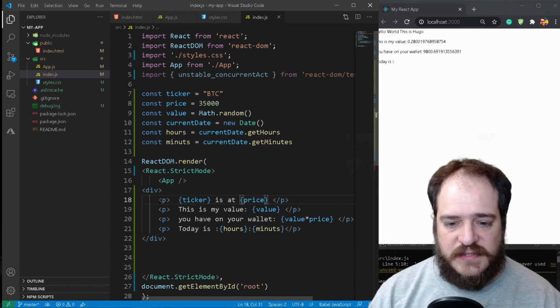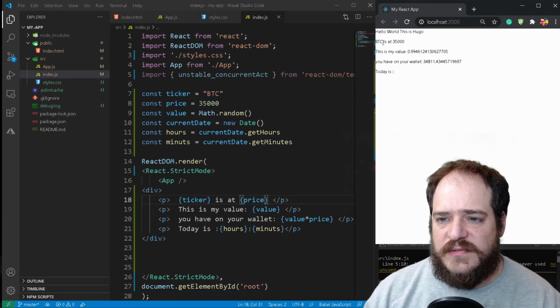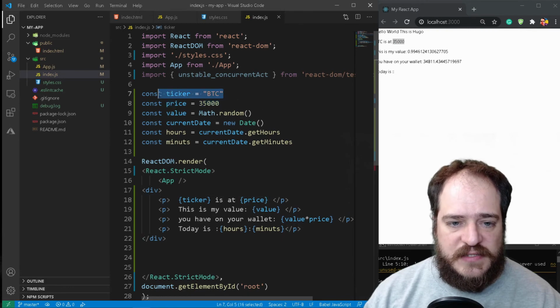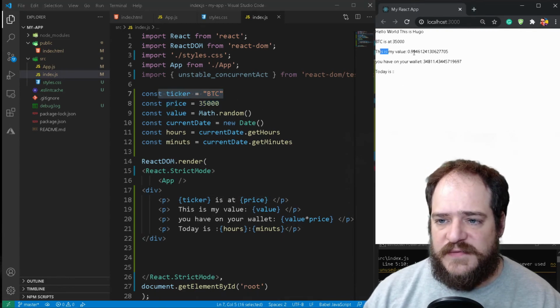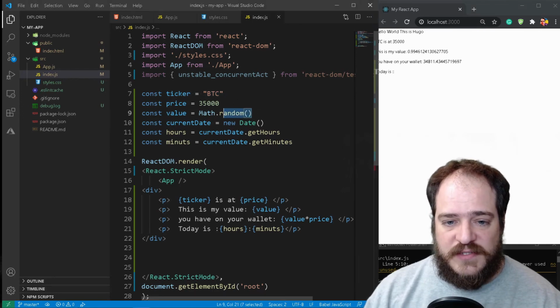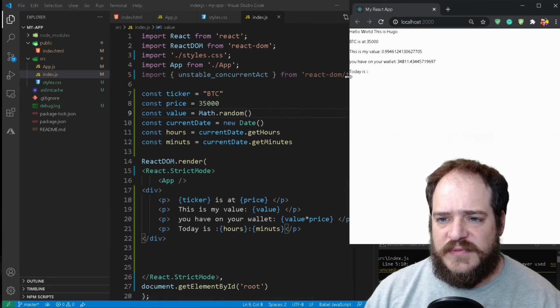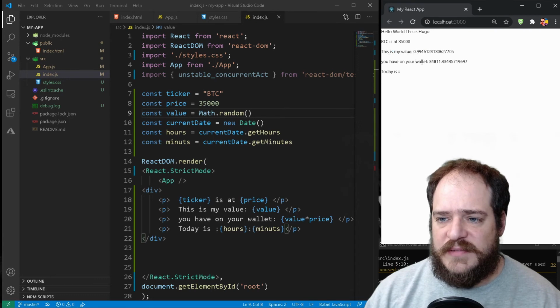Okay, so let's hit enter, save. Here we need a refresh. So hello, this is you, very well. BTC it's at 35k. Okay, we match with the values here and the ticker here, and this is the value. So every single time that I'm refreshing, it's giving a random number. So this is the amount, the number of bitcoins that I have, for example, and I have 0.09 bitcoins, and this number multiplied by the number that I have at the bitcoin at the moment